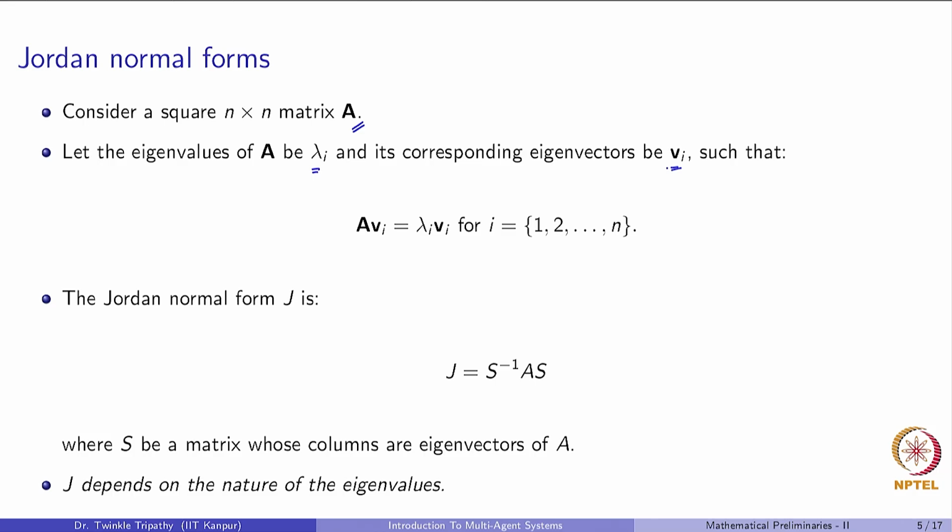Then the Jordan normal form associated with the matrix A is given using this relation: J equals S inverse A S, where the matrix S simply consists of the eigenvectors as all of its columns, meaning this. So we discussed in the previous lecture that the structure of the matrix J, whether it's diagonal or not,